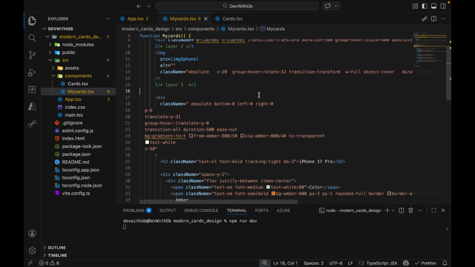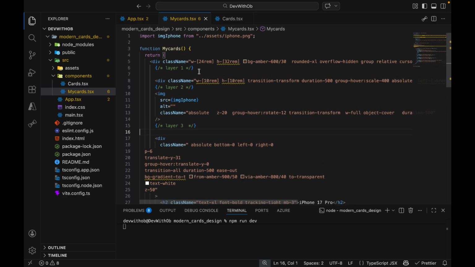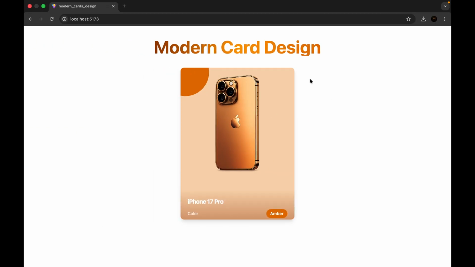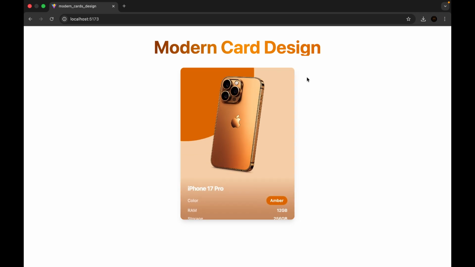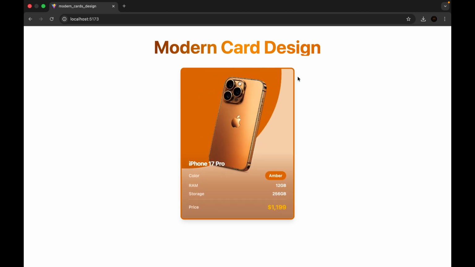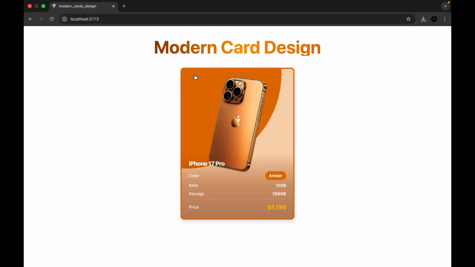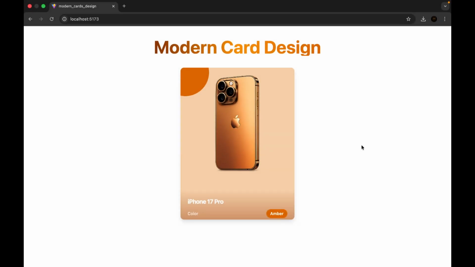So here you see I commented out layer 1, layer 2 and layer 3. So here you see this is the first layer, that bottommost layer, and above that there is this div, that is layer 1, and above that there is this image which is layer 2, and above that there is this div component, that is layer 3. Okay,